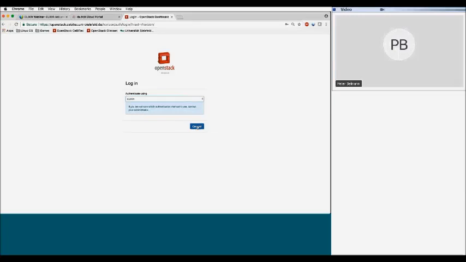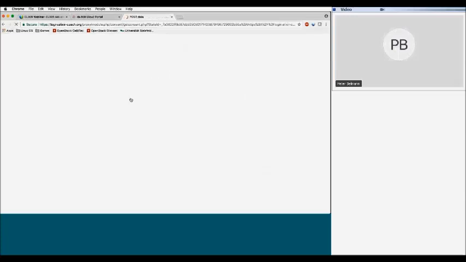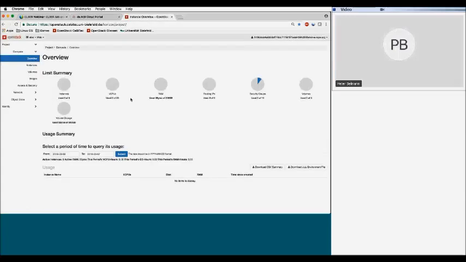So when I choose here Elixir and click on Connect, it redirects me to Elixir and asks me, okay, you are releasing personal information. In this case, I don't want it to remember it. And when I click on yes, continue, it tells me, okay, I'm now logged in to OpenStack.